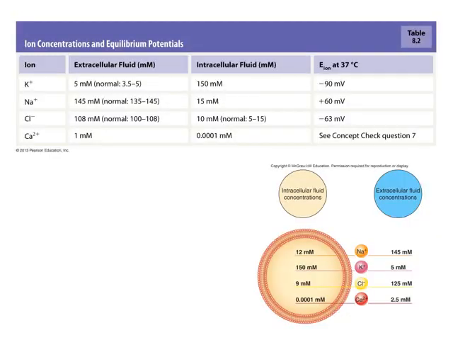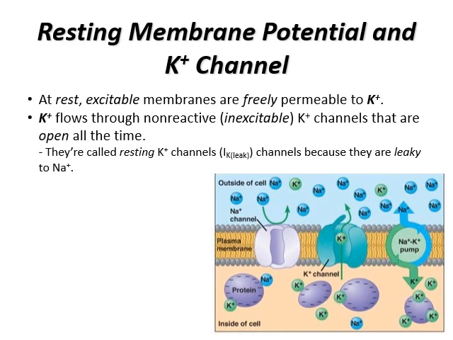Okay, you can see for these other ions, the chloride is high outside, low inside, and same with calcium. We're going to start seeing these. We'll see calcium later on, when we start talking about the chemical signaling we find down at the synapse. Calcium becomes a big player in that. But for our action potential, we've got negative 90 and positive 60 for our sodium and our potassium. Kind of goes back to our resting membrane potential,